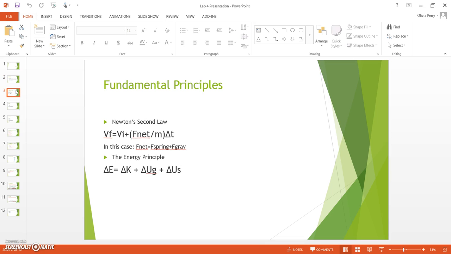The fundamental principles used are Newton's second law in the form shown, where F net is equal to the force of the spring plus the force of gravity. The second principle used is the energy principle, shown here. In this case, the chosen system has no interactions with the surroundings, so the total change in energy must be